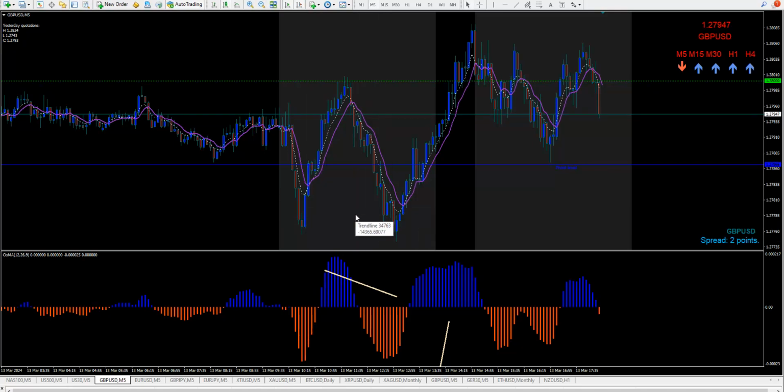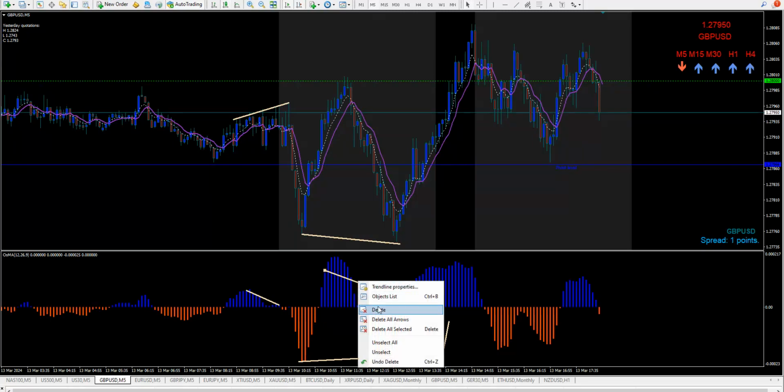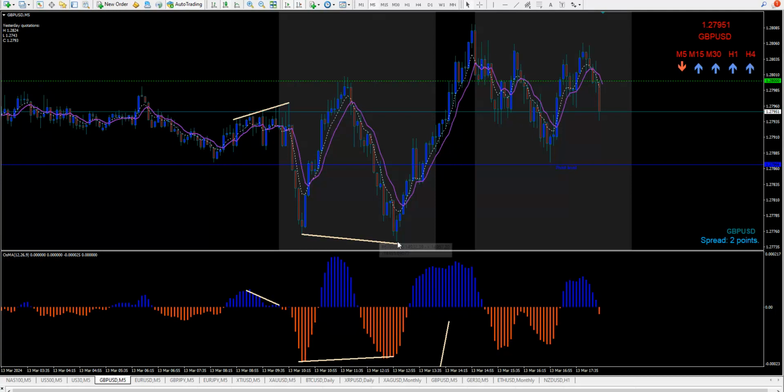Well, believe it or not, ladies and gents, there's trades here, but they're in the UK session. It's right here like this, and right there like that. I'll finish them all, don't worry. So low and lower low, okay? The line that I'm about to put on the OSMA is gonna point up. I assure you it's gonna point up. See? Remove this one. Low and lower low,